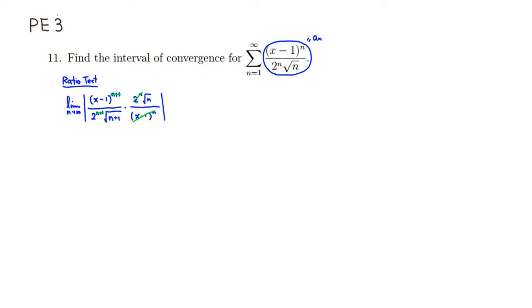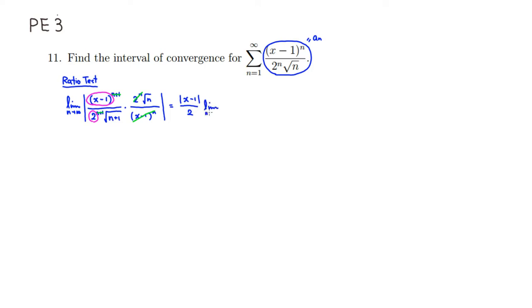Since the x minus 1 and the 2 are just constants, because they have nothing to do with n, we can just pull them out. You have to make sure to put the absolute value: absolute value of x minus 1 over 2, and 2 is already positive, so you don't need the absolute value sign. Then you would have to take the limit